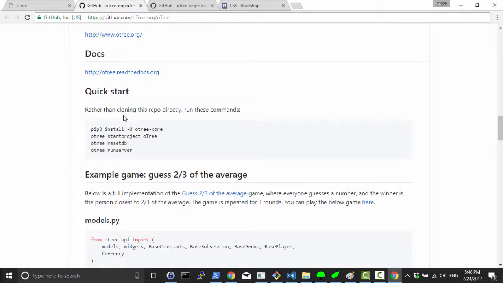So basically, if you want to start running oTree, to download oTree, you need to type this command, pip, which is the Python package manager, and install otree-core, which is the core library of oTree. And if you want to create a new project, you type otree startproject. So a project is like a complete